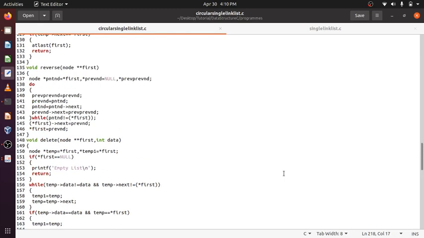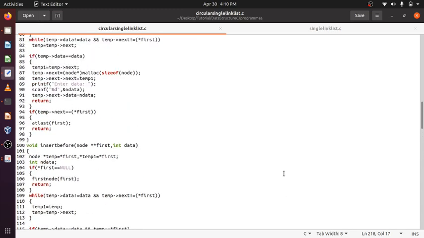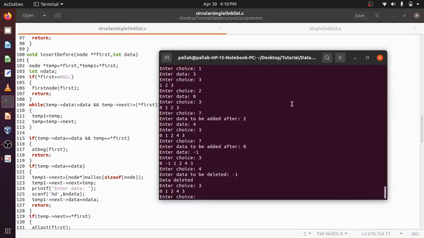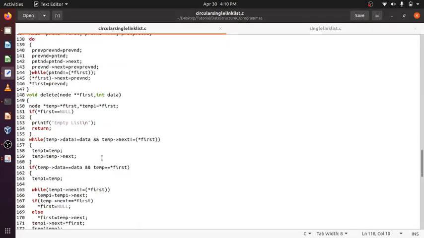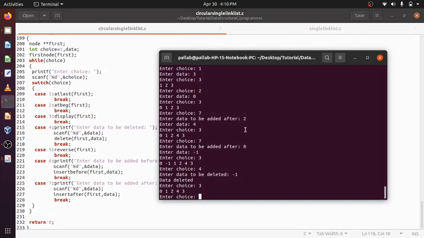After that, insert after and insert before. Deletion is over. Now this is insert before.